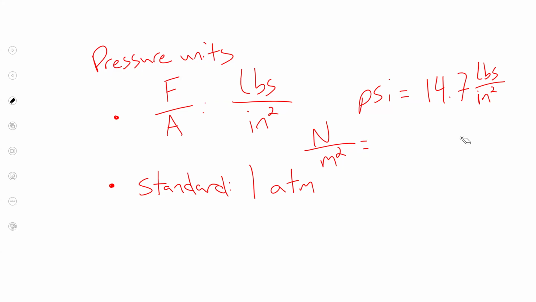A Newton is really, really small. A square meter is a lot bigger than a square inch. And a Newton is a lot less than a pound. So there's a lot of pascals in one atmosphere. In fact, 101,325 pascals is one atmosphere. Again, this is on your